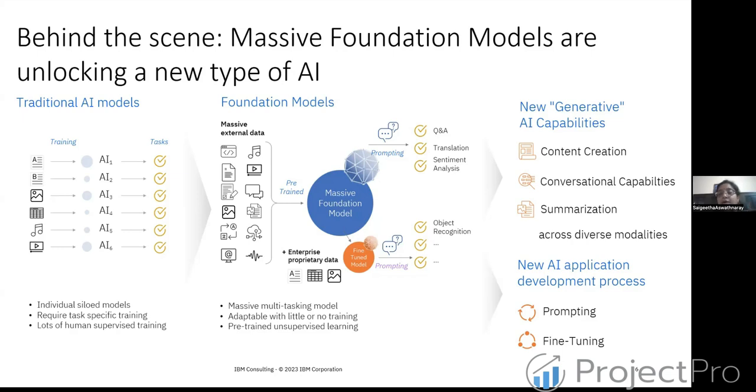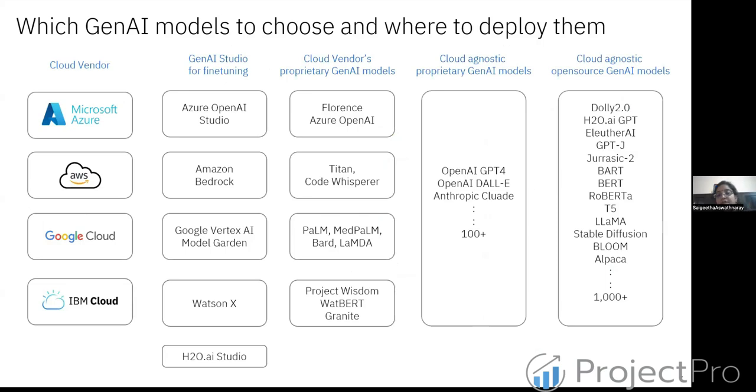It can be querying, semantic search, translation, and text generation, etc. So that's how we see enterprises and individuals able to see the power of these models and trying to adopt it